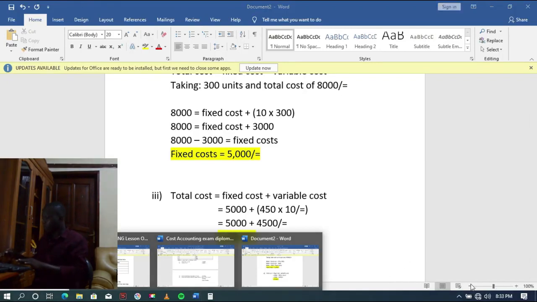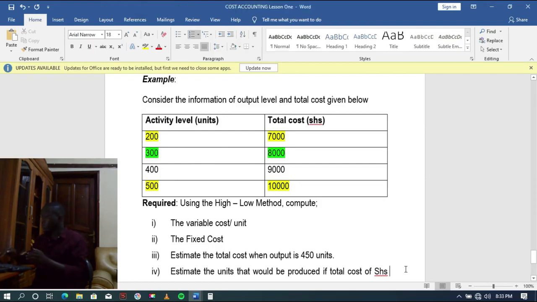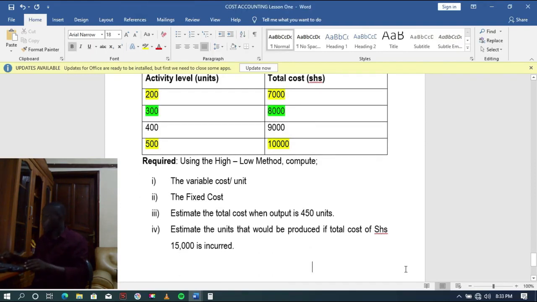Our total cost will be 5,000, which is the fixed cost already known, plus now the variable costs, which is 450 units times the unit variable cost of 10 shillings. Because the unit variable cost is 10 shillings, meaning we shall have 5,000 shillings plus 4,500 shillings. That is 450